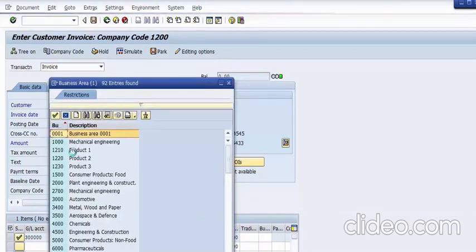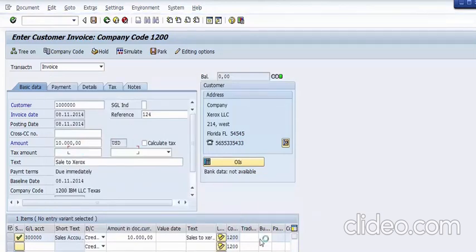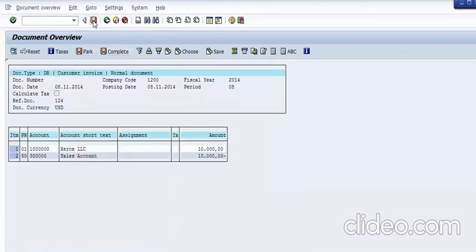If you remember, the business areas we created were 1210, 1220 and 1230. So I'm selecting 1210 as the business area. Now I am again going to simulate, enter, and now I can go to this post, and we'll see that the transaction will get posted and